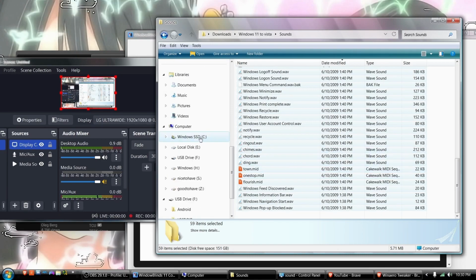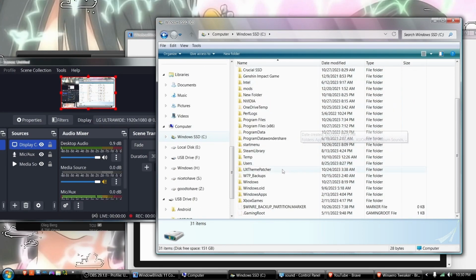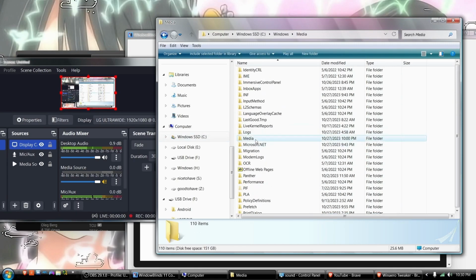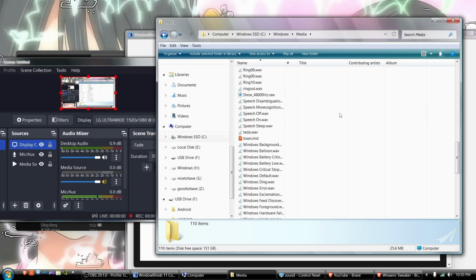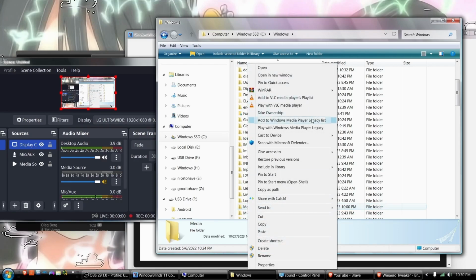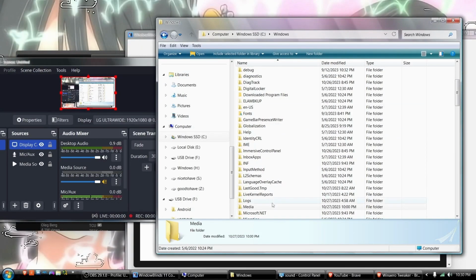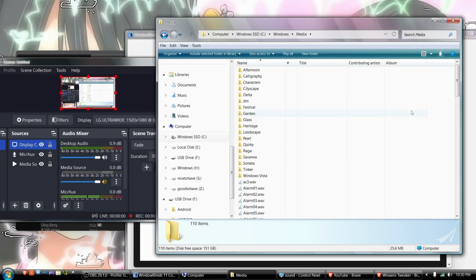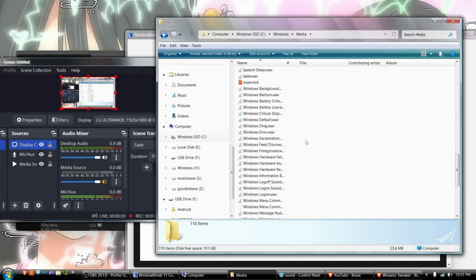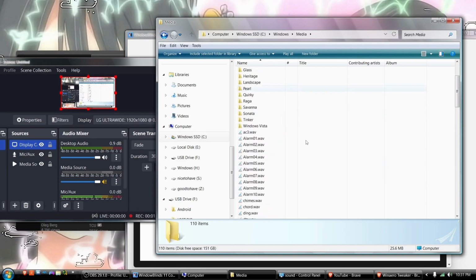Now we're going to make our way to our C drive, scroll down until you see Windows, and now scroll down until you see Media. You're going to want to paste those files. Again, take ownership of the media folder first, because it's not going to let you do it otherwise. So right click, make sure you take ownership, let that run, and now that you own the folder, come in here, right click it, and paste those files. I already did, so I'm not going to, and just let it merge,